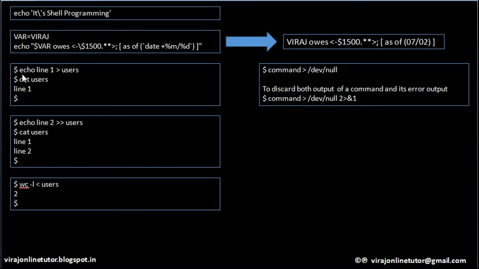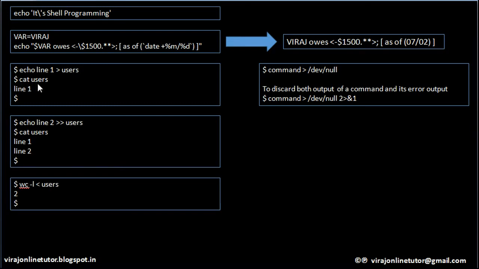Here is a simple example. Here I am echoing line 1, and using this greater than sign, I am writing the output of this echo into a file called users. So line 1 will be inserted into file users.